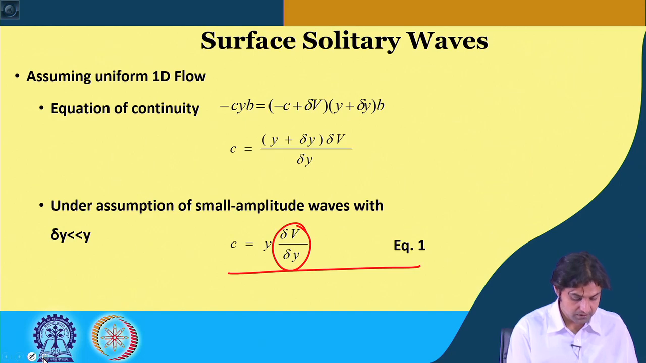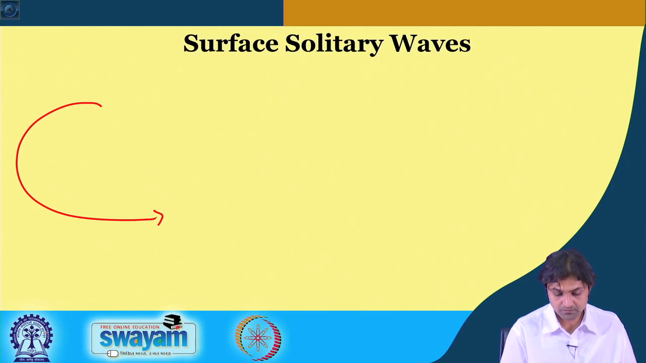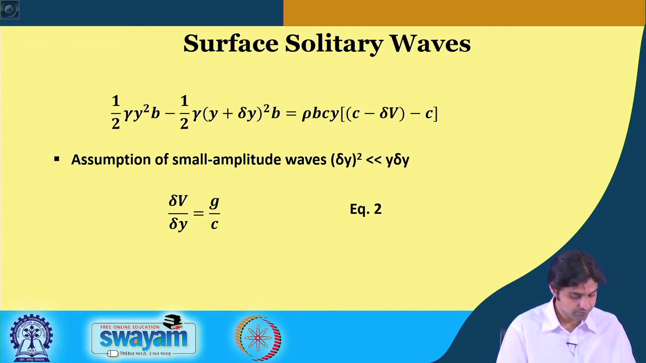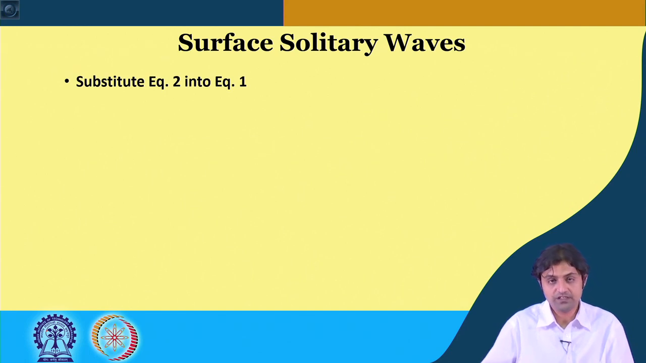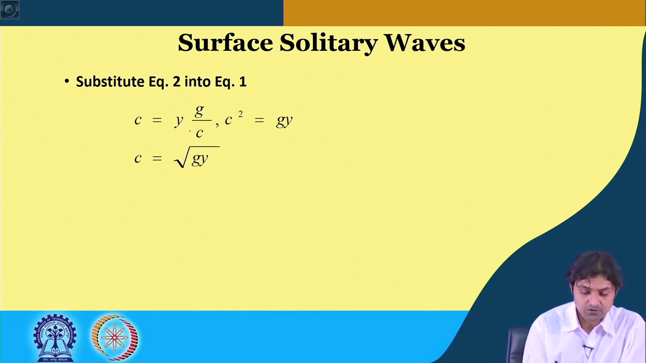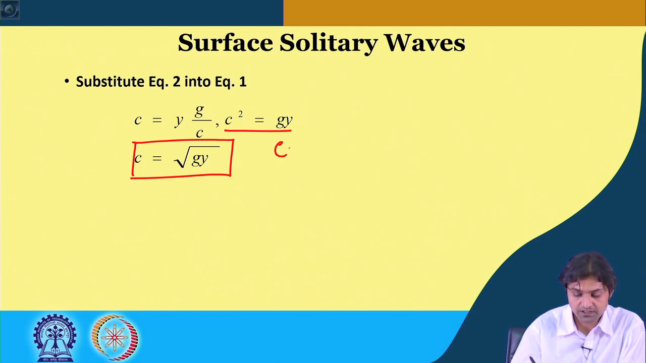So, this delta v by delta y we have obtained from equation number 2. If we substitute equation 2 into equation 1, c is equal to y delta v by delta y, we get c is equal to y g by c, and c can go this side, it becomes c square is equal to g y, or the final equation c is equal to under root g y, where c is